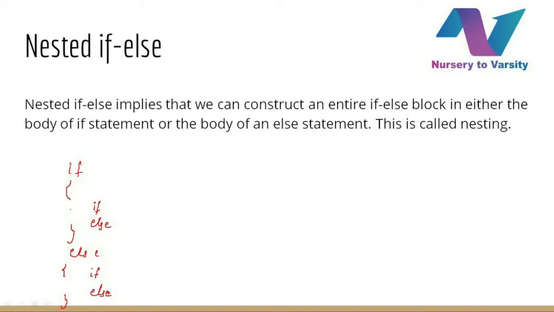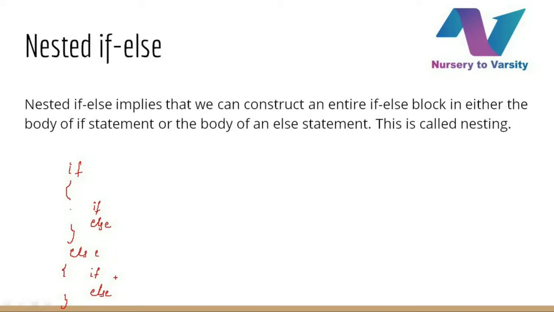Okay? For example, in the previous program, to check whether the age is eligible for voting or not, we assumed that the user will not input a negative number, but if he or she is unaware and inputs a negative number, we have to deal with that situation too. And there we need nested if-else. If you haven't seen my previous video, first go and see a few programs on if-else so that you can